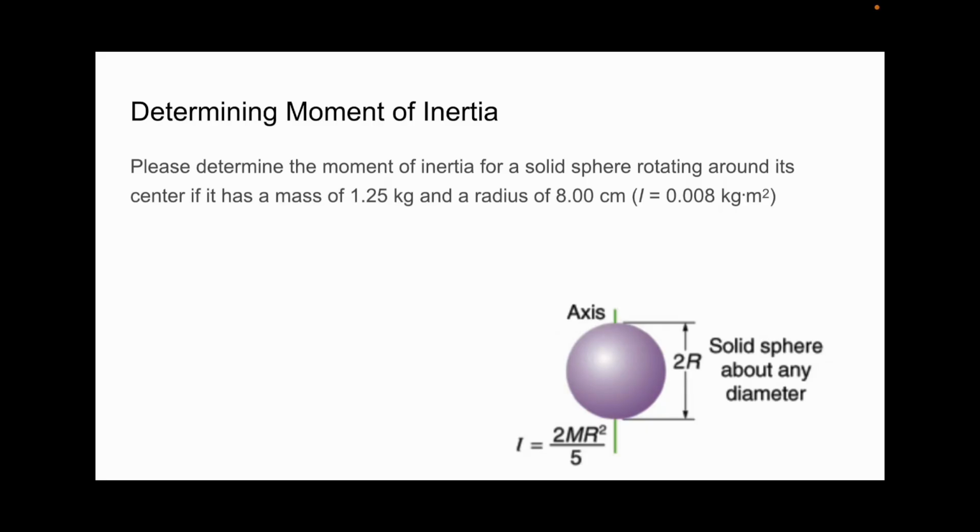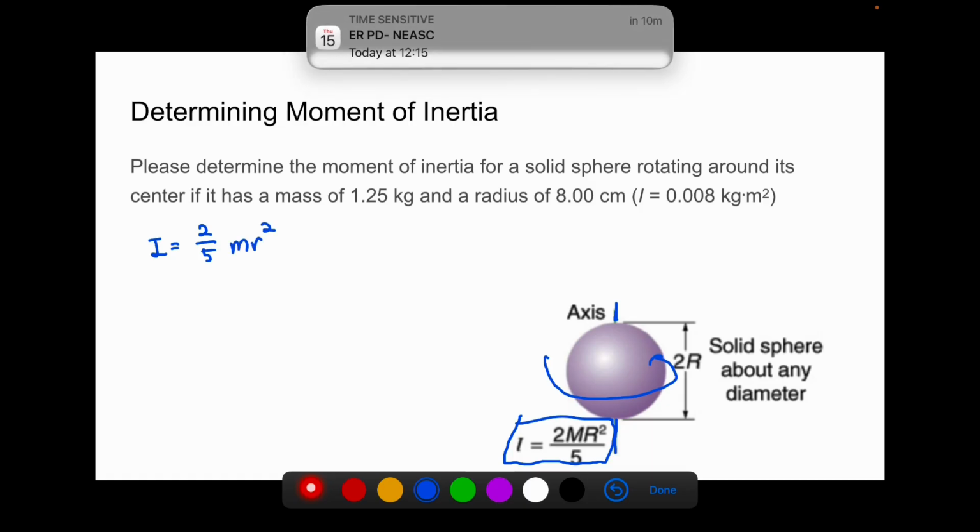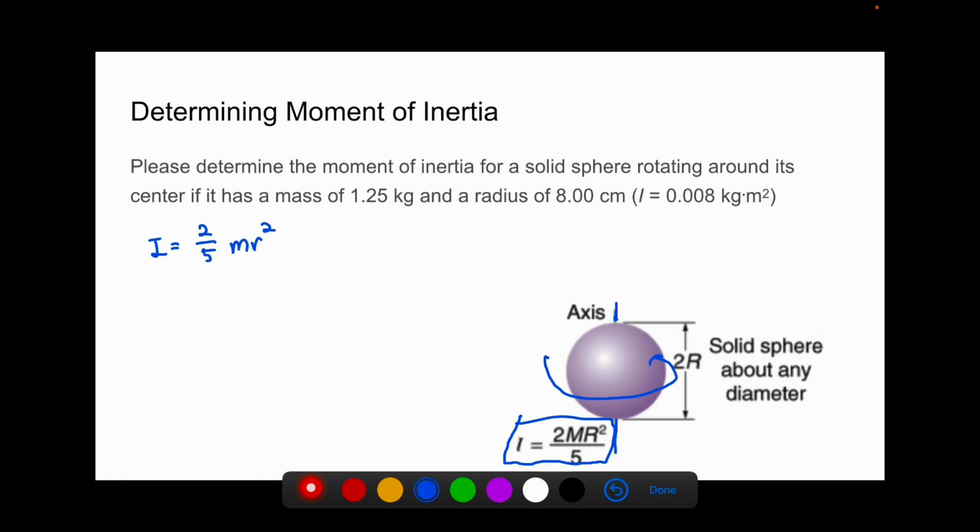Okay, so let's find the moment of inertia for an object. Let's take, for example, the solid ball that we released at the top of the incline at the beginning of this lesson. If we're rotating around its center like this, then we will have a moment of inertia for a solid sphere equal to 2/5 m r squared. All right. So for a solid sphere, if we know our mass equals 1.25 kilograms